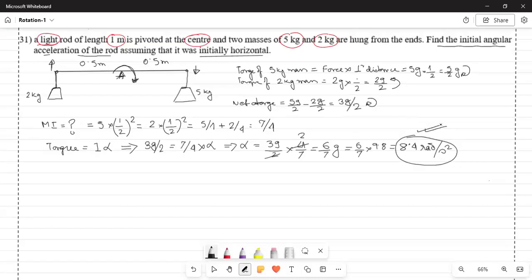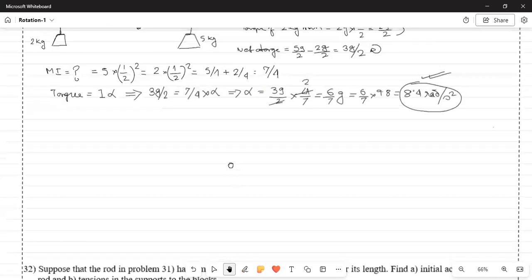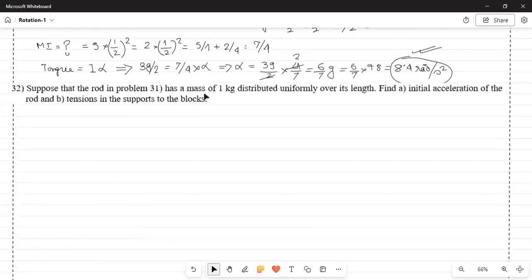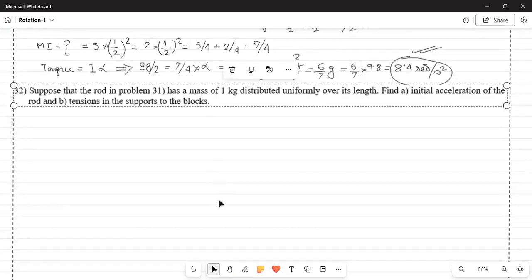But why did we take up this question? Because this question has a tail end. There's a next question in your textbook that is actually connected to this question, so we took up this question first. The next question says,